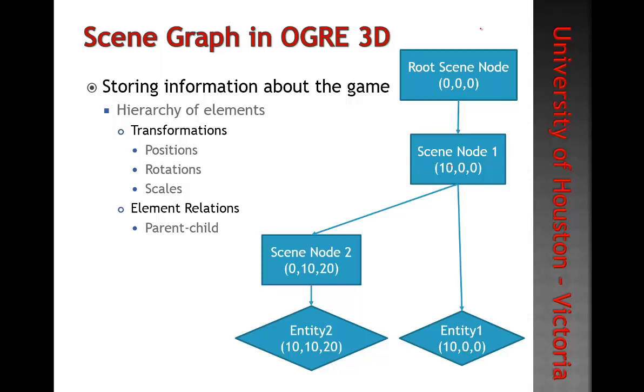For every entity or different kind of object that I want to create and move around, I will create scene nodes and then attach these entities to those scene nodes. Then I make these scene nodes the child of one another or the child of my root. In this particular scene graph, I've got this root